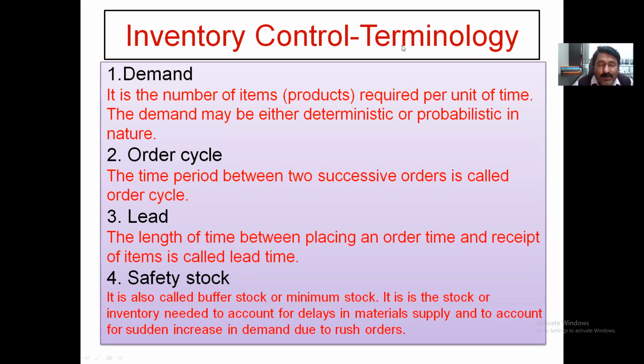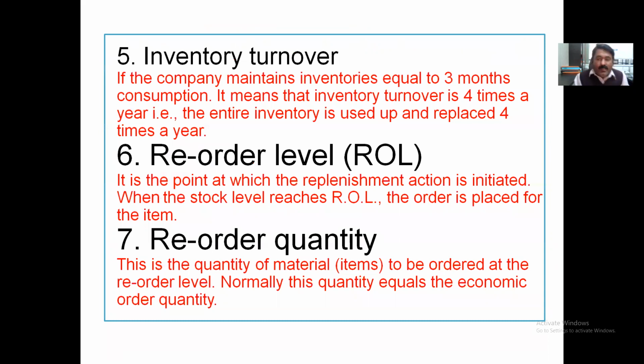It is also kept to account for a sudden increase in demand. Generally demand is 100 items per day, but in some month, say February, you come to know that the demand will be 150 per day. So how do we tackle the additional 50 items per day immediately? The company may have the capacity to work additionally, but there should be material on which the work can be done, so that 50 additional components can be produced. Here the buffer stock plays a significant role. So these are some of the terminology in inventory control. Now let us proceed further, friends.